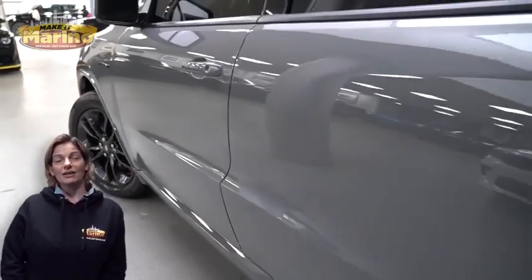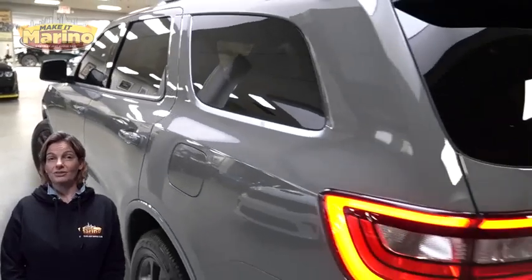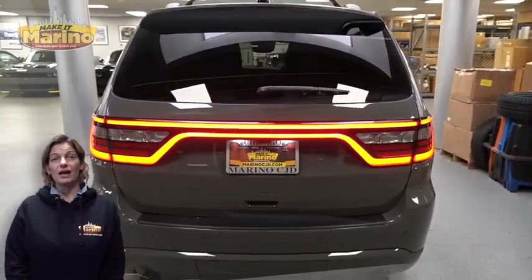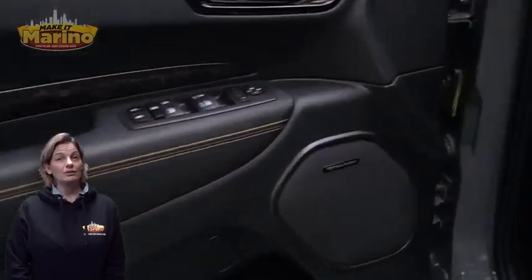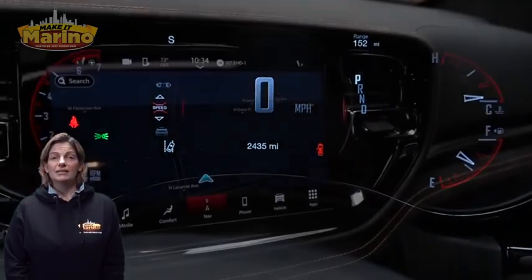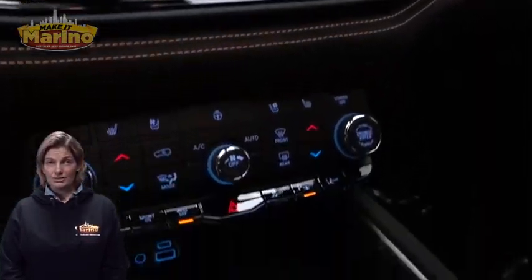With HID headlamps, orange sport package, 20-inch aluminum wheels, adaptive cruise control with stop, blind spot and crosspath detection, lane departure warning plus, heated and ventilated front seats, heated steering wheel, only 2,000 miles on the odometer,